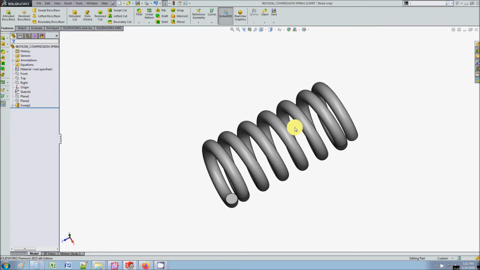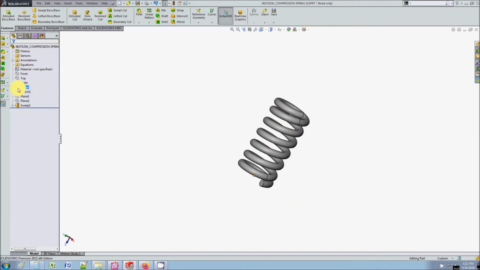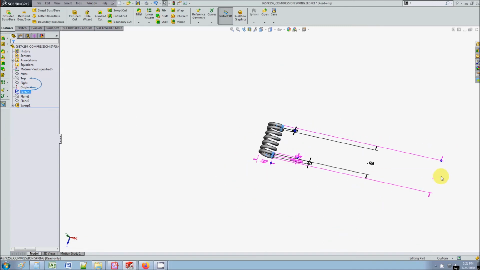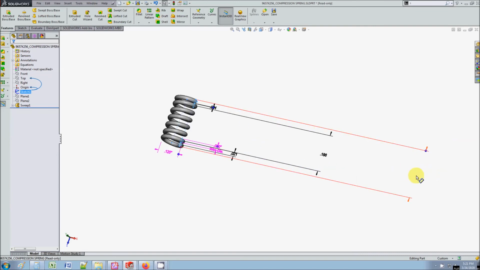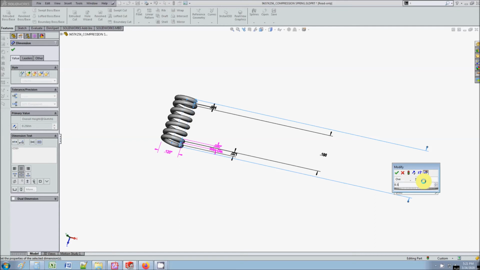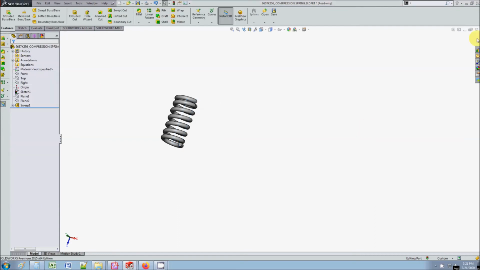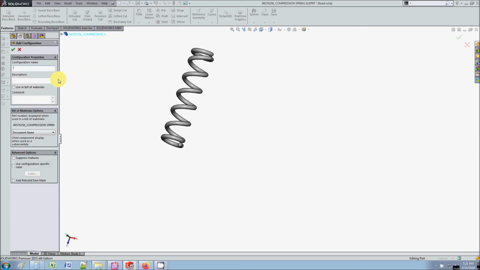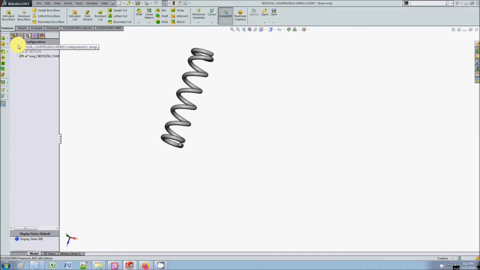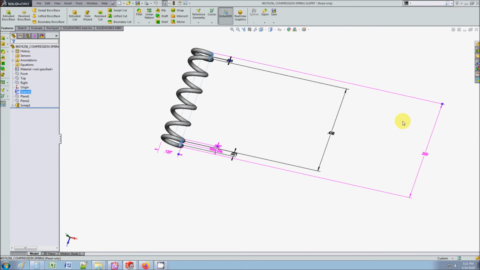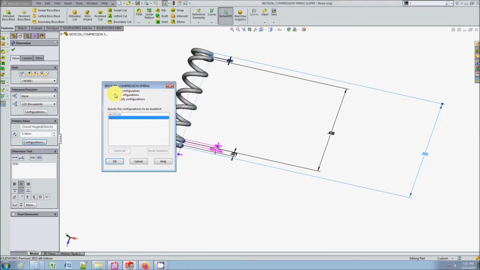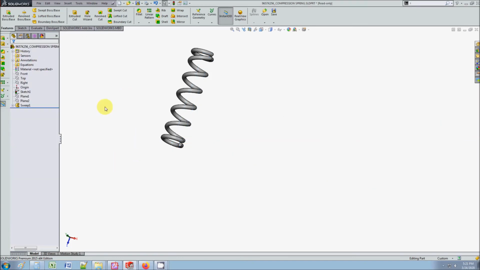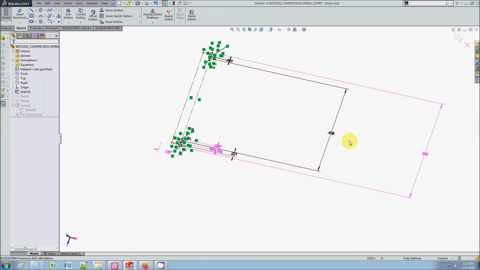One of the nice things I like about springs in SolidWorks is that they do a nice job with the way they design the model. They use a lot of equations and relations that can really help you out. Like, for example, if I change this number, okay, watch how it updates the whole assembly. So that's what I would do. In a lot of designs, I would actually bind that distance, right? I would bind this distance to my configuration, and in this way I can set it